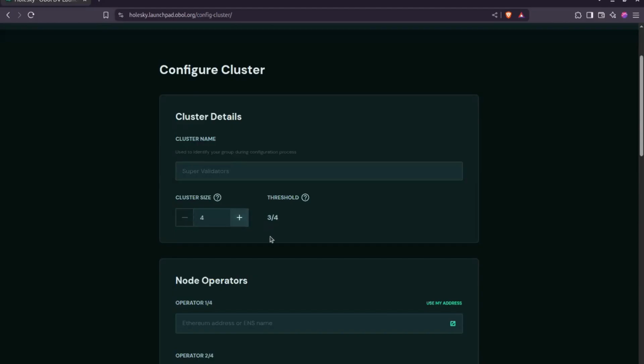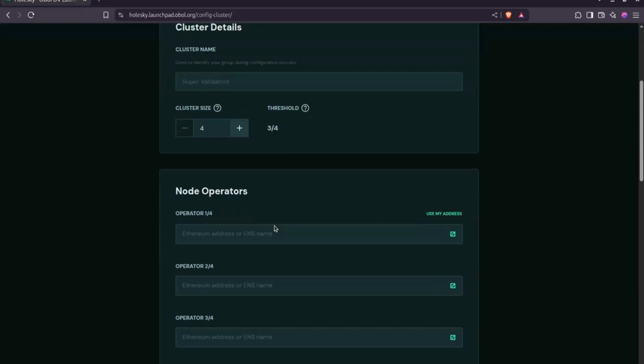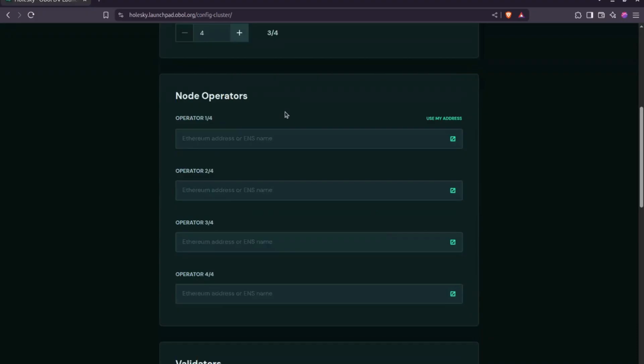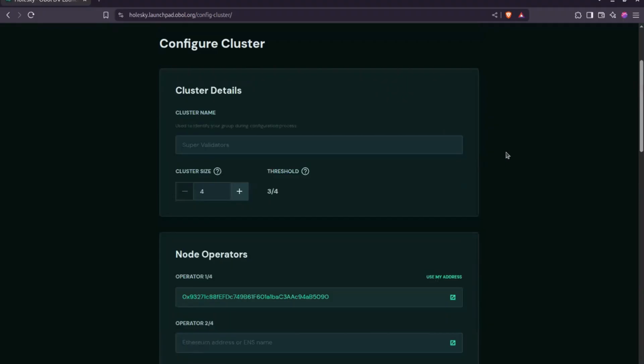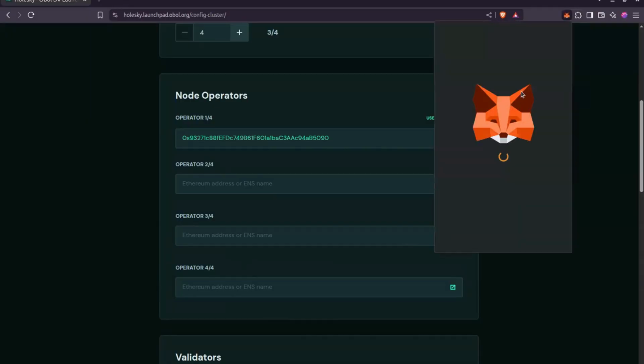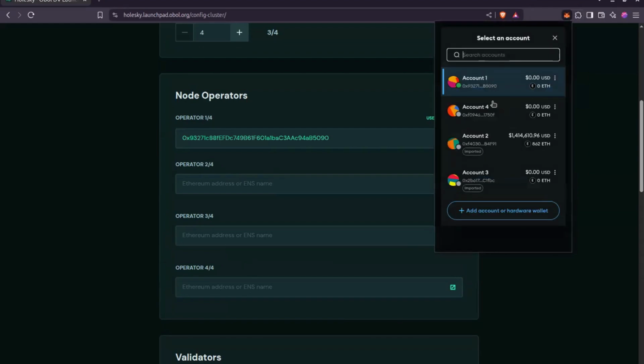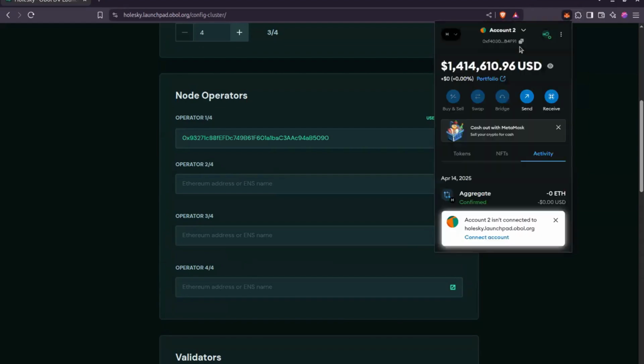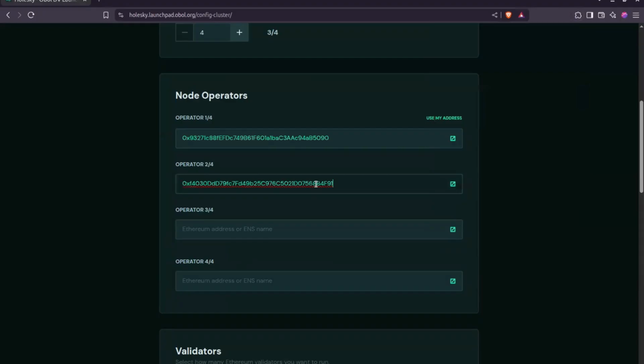So for us, we'll be going for 4, which is the threshold, the number of nodes that need to be functioning for the validator to stay active. So a minimum of 3 and a maximum of 4. Now I need to put in node operators. This is where you put in your wallet address. Now I'll just say use my address, which is the one that is currently connected, and I need to copy the other wallet addresses. So this is it. Just open my MetaMask and get the rest. So I'll switch to the second wallet, copy this, paste it here, get the other one,